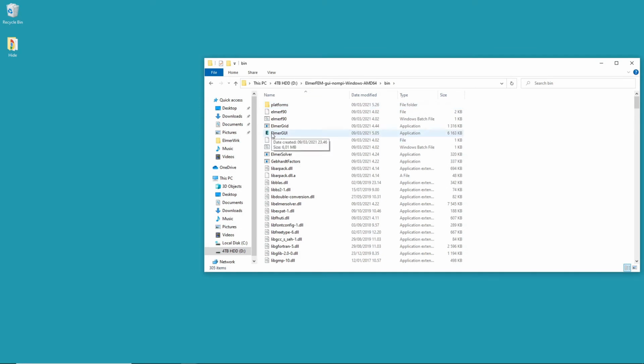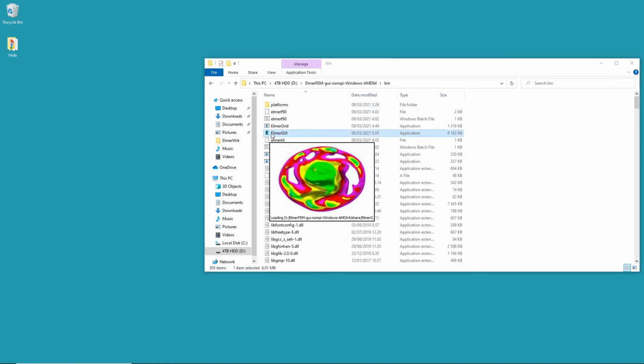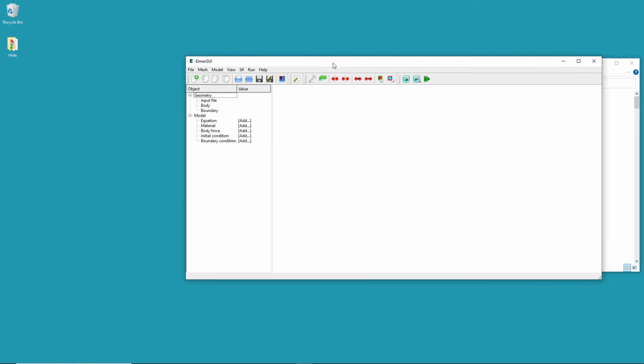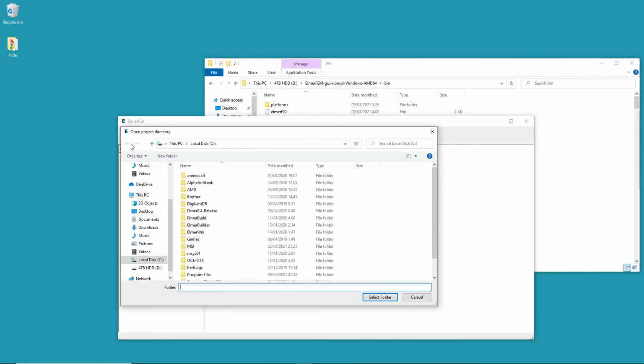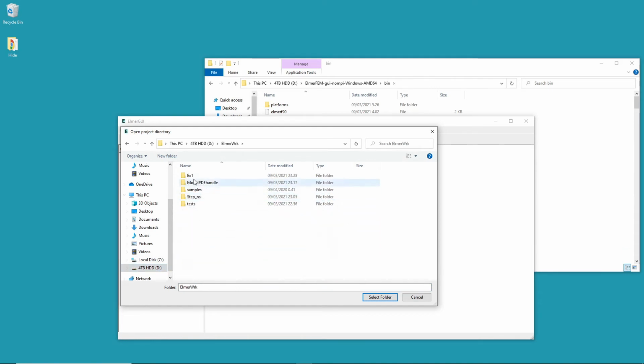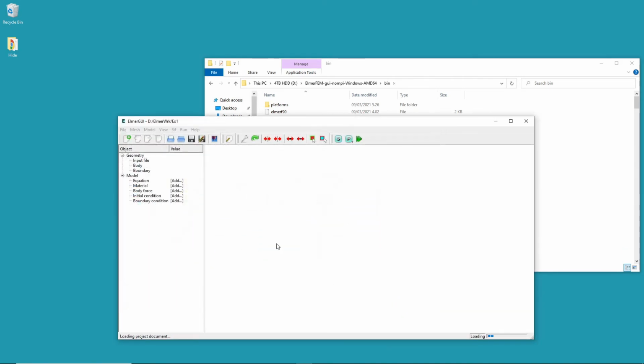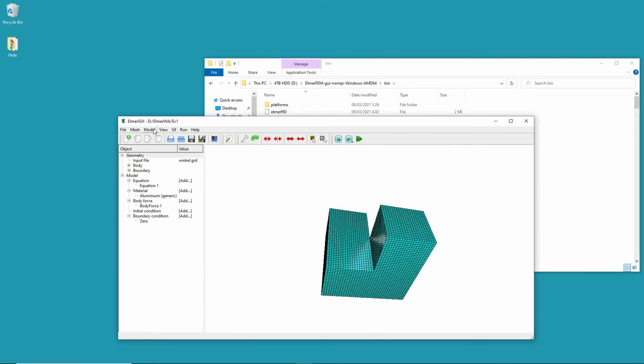Let's choose ElmerGUI. Nice, it seems to work as intended. I try to open an existing project. I happen to know that there is a project here under Elmer Work, example 1. Nice, so I can